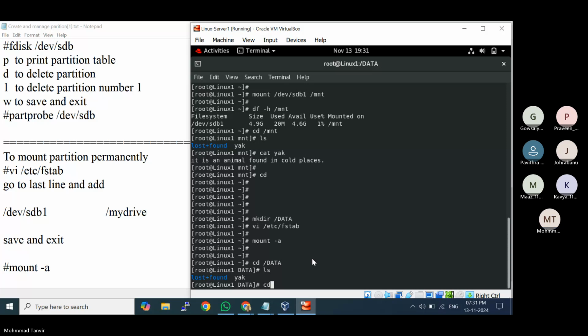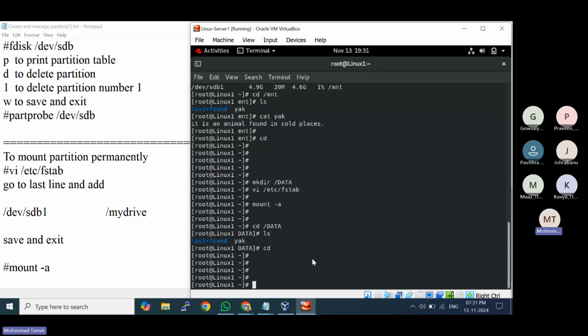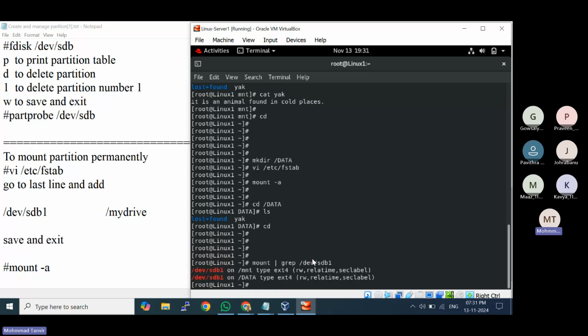Now, so this was how to create a partition on a hard disk, format it, and mount it temporarily and permanently. If you want to check any mount, we have the command mount piping grep, and give the device or partition name. So here you can see it is mounted on /mnt and /data also. So /mnt we have done temporarily. If the device restarts, it will go, but /data will not go because we have defined it in the fstab